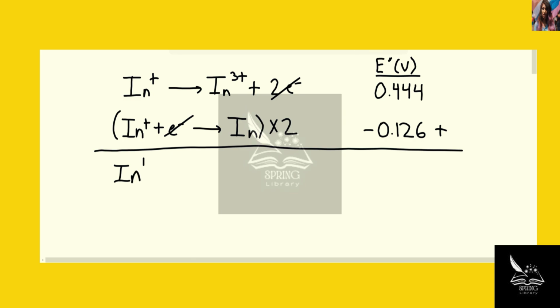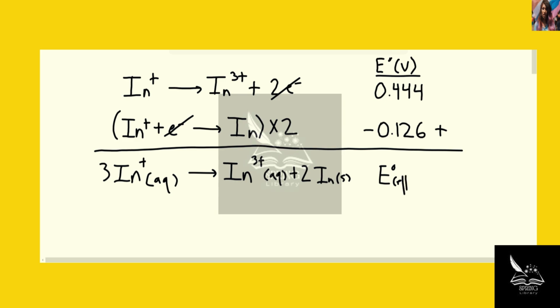3 In+ aqueous going to In3+ aqueous plus 2 In solid, which was the desired reaction. And now when we add the potentials together, we can get the overall standard cell potential, which is equal to